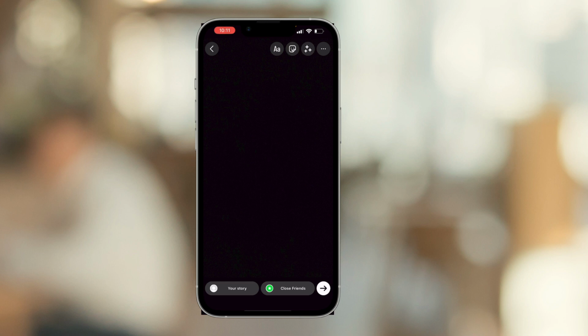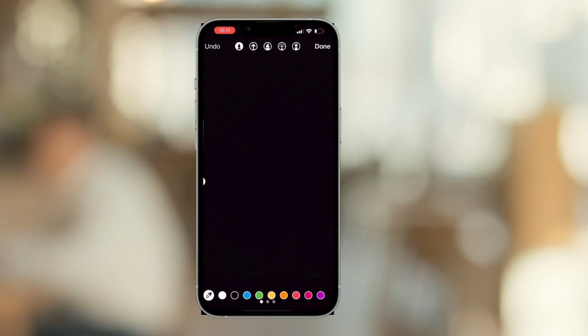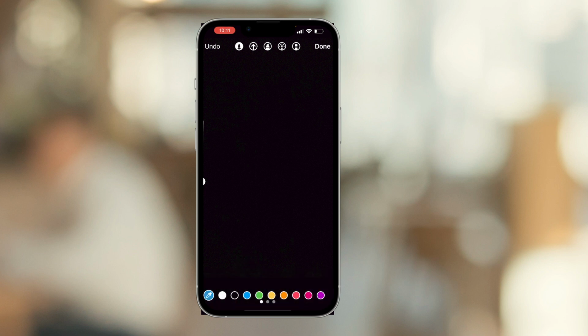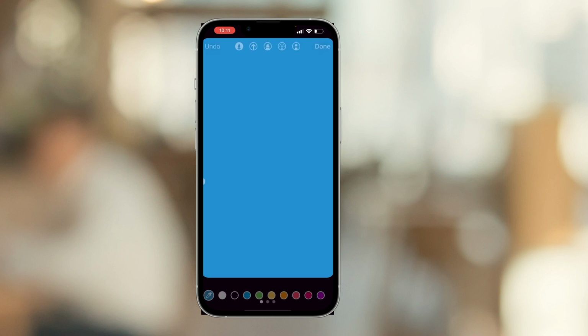I'm going to hit these three dots up at the top and click on draw. Now at the bottom of the screen, you can see the different colors you can choose from, but a cool little feature is if you click and hold on one, it takes you to a screen like this where you can get different shades of the colors. So we'll go ahead and we'll go with like a blue. So I have that color selected, and then I'm going to press and hold on the screen, and that color changes there. From here, we'll hit done at the top, and then you can proceed to add the text,